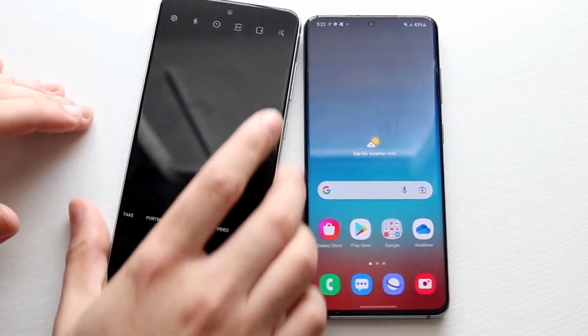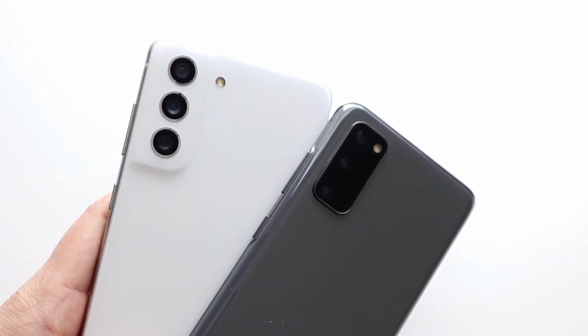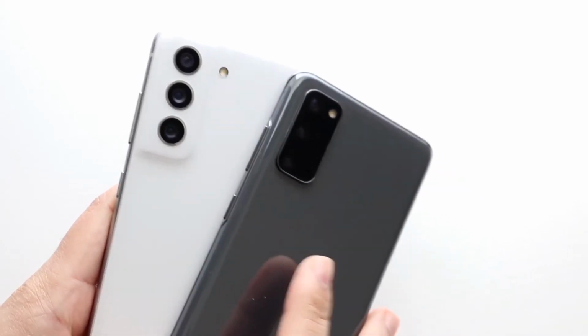Now let's go and hit on the cameras. Now on the back, they do have triple camera setups and almost the same exact setup for sure. Wide angle lens, telephoto lens, and ultra